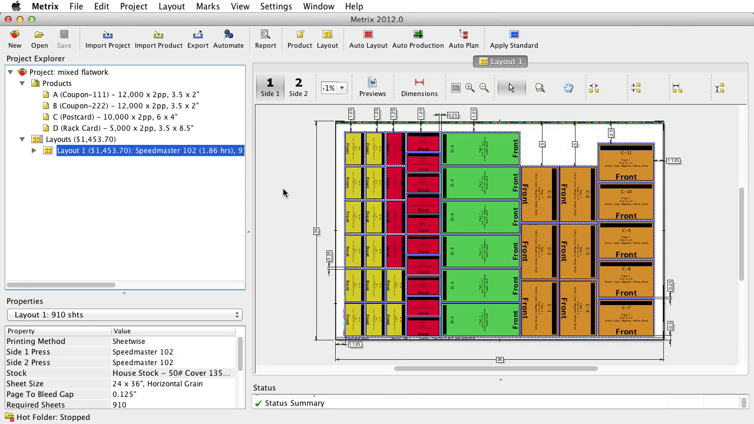Content previews in Metrix is an optional module. Not everybody needs to buy this. Some people will look at this and say, that's neat, but I just wouldn't use it. I don't put content in Metrix. I do it later in my pre-press workflow. But a good majority of our customers do put content in all the time, or at least some of the time,